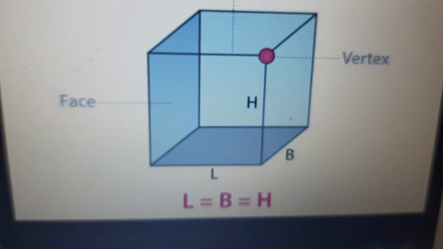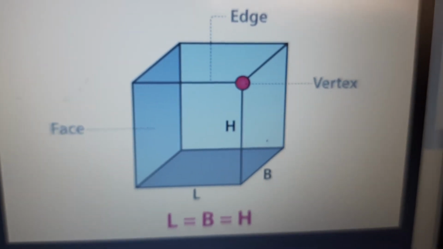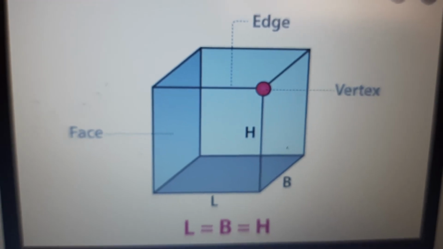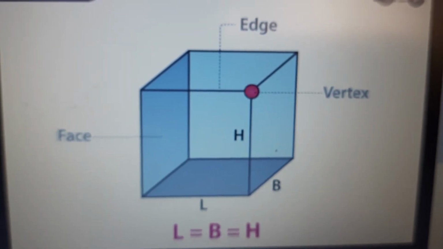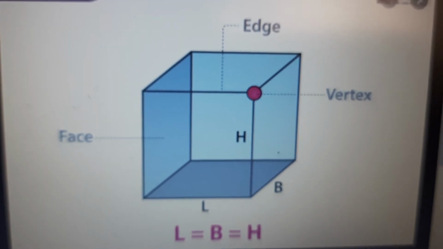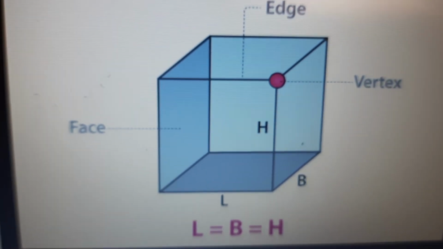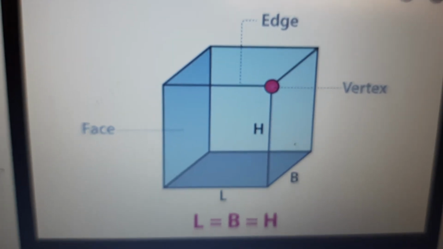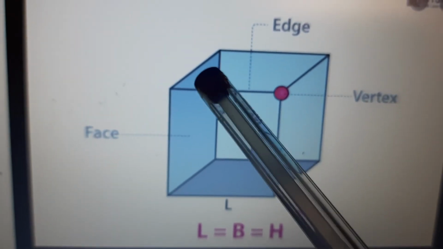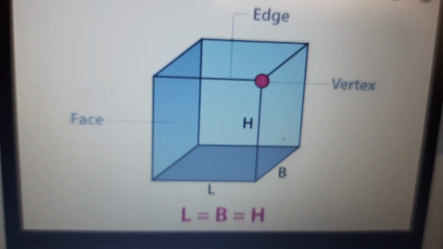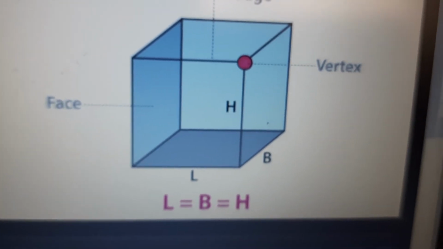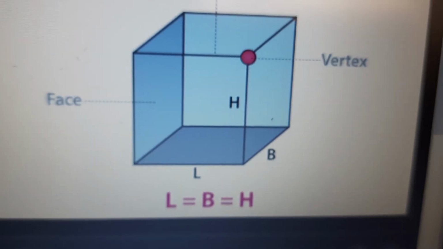This is the picture of a cube. You all are aware about cubes, right? So it has got 6 faces. Only difference between a cube and cuboid is that it is square and cuboid is rectangle. Here you can see the cube, L equal to B equal to H, because all sides are equal. So that's why we just say it is L. We take it as L, that will be L square, side square. So see here, these are all surface, flat surface, that is face, and edges are the corner lines, and vertex, as you know, the corner. So L equal to B equal to H. Length is equal to breadth. Breadth is equal to height, children.